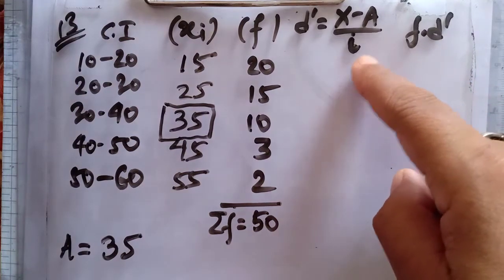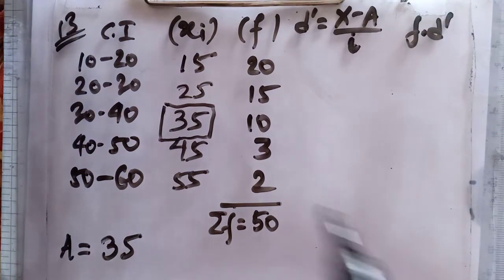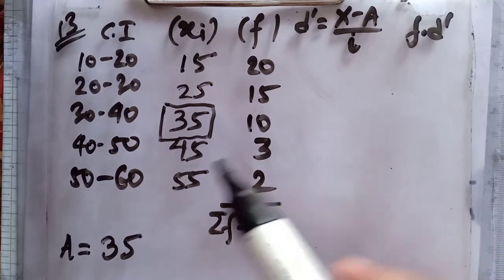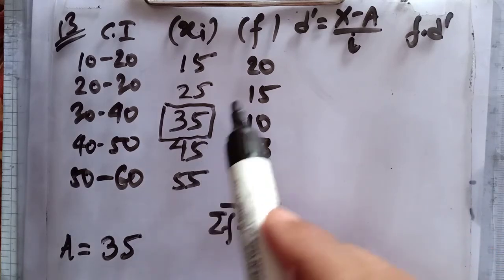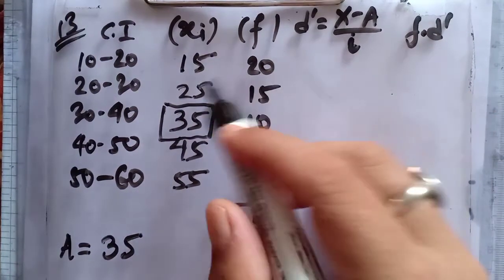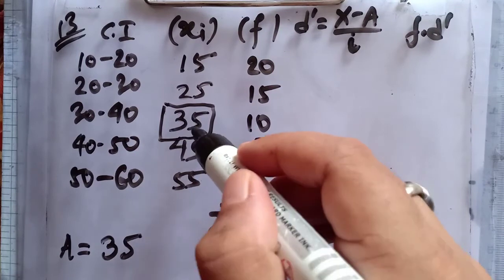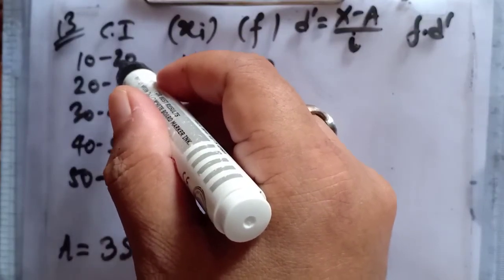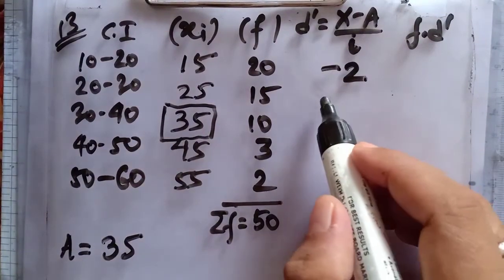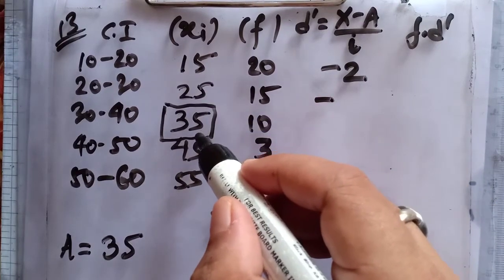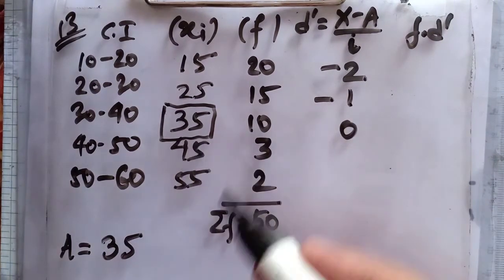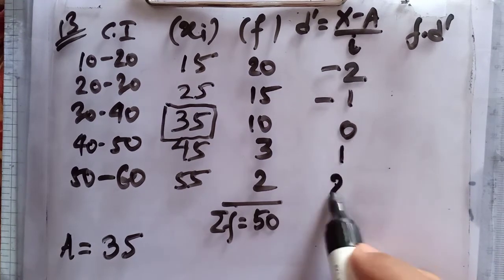So when you get that class interval as 10, and if you deviate, so x minus a is already considered. You take 35 as the assumed mean, because this is the middlemost mid value you get here. And then when you get x, so 15 minus 35 is minus 20. Minus 20 divided by 10, the class interval, you get the answer as minus 2. Then you have 25 minus 35, that is minus 10 by 10 is minus 1. Then it's 0, 35 minus 35. Then you have 1 and 2.